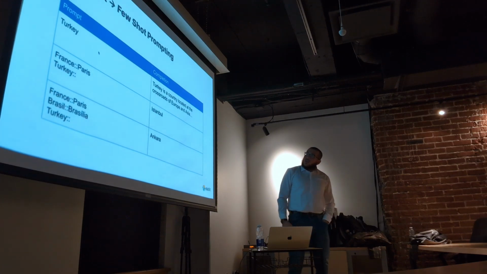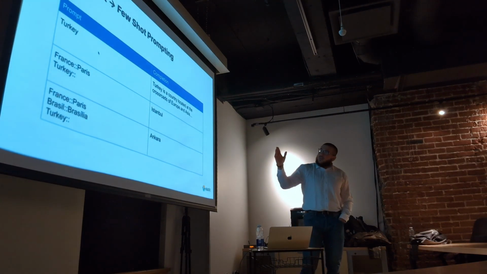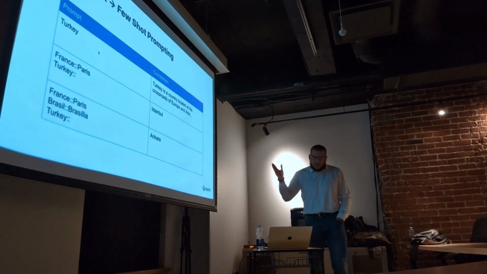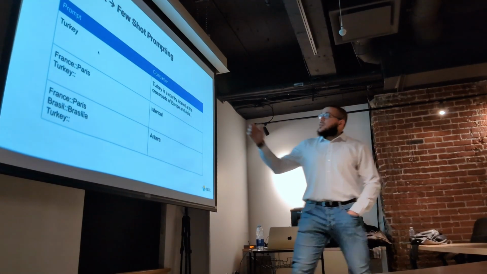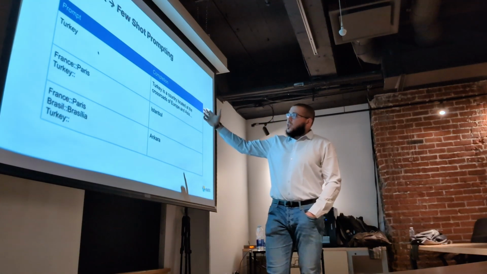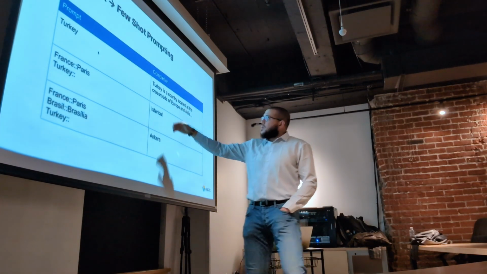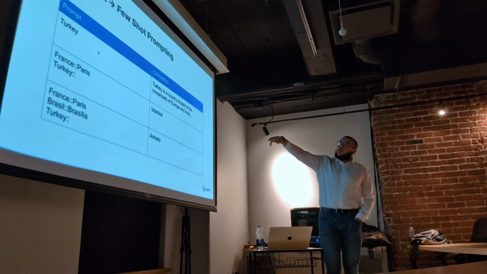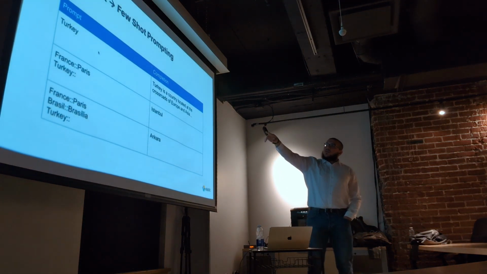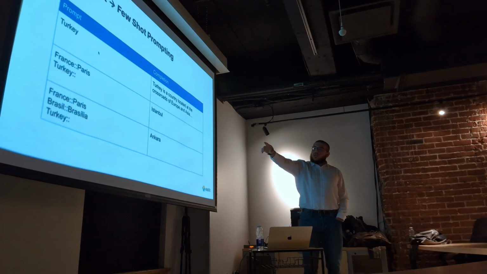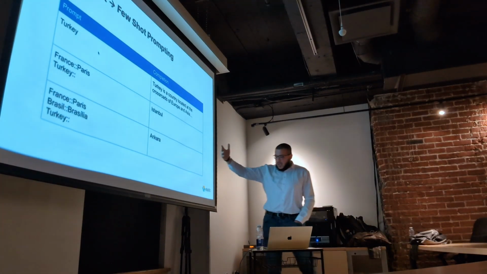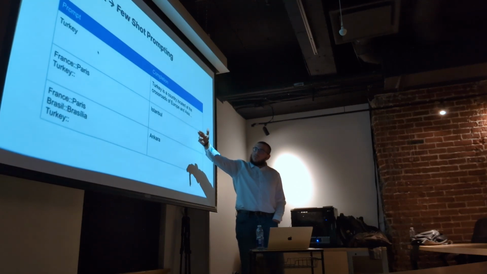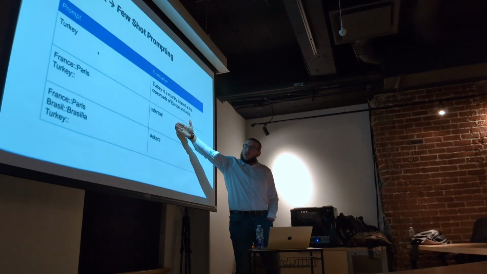Another thing, we have zero shot versus few shots in prompting. This is an example. If you type just Turkey in ChatGPT, for example, it will say this is a country at the crossroad of Europe and Asia. Now, the second prompt, you say France, Paris, and Turkey. You leave it empty. The LLM thinks that you are looking for a city from Turkey, so it will give you Istanbul.